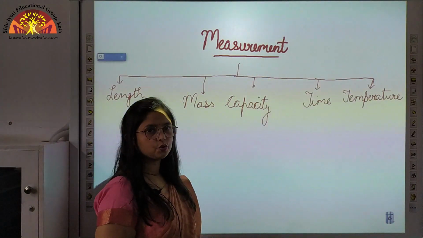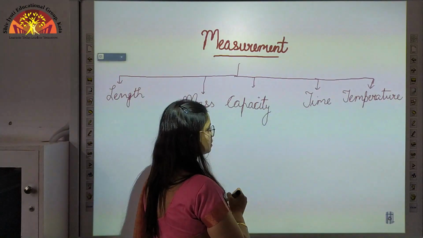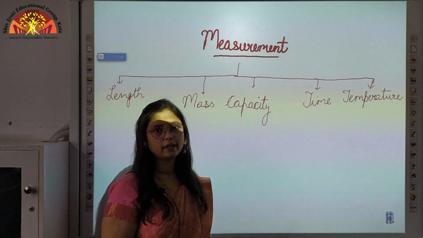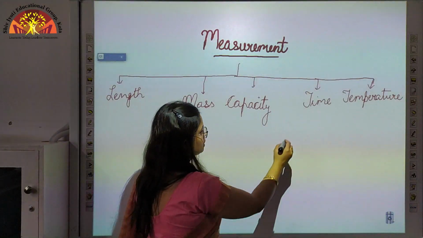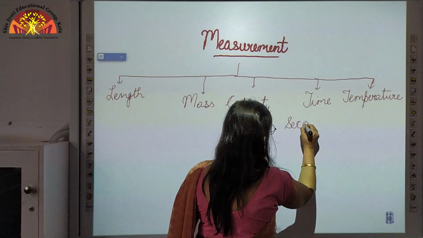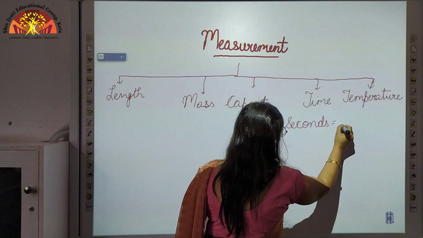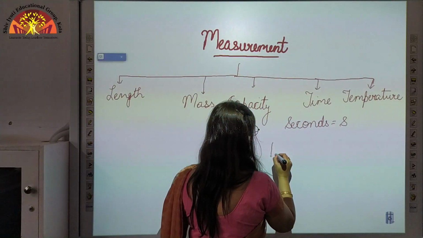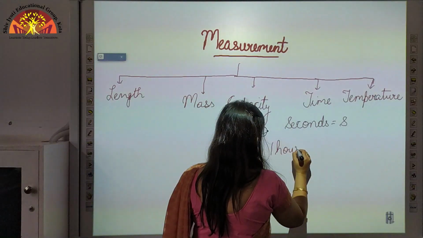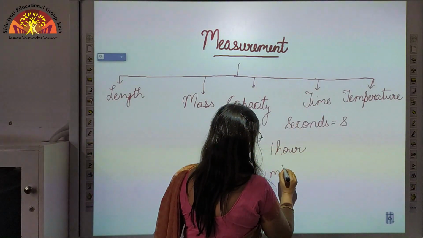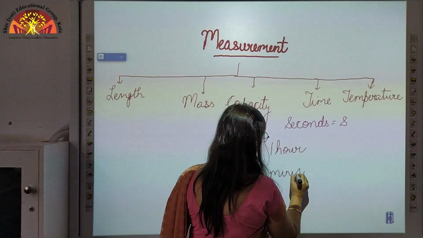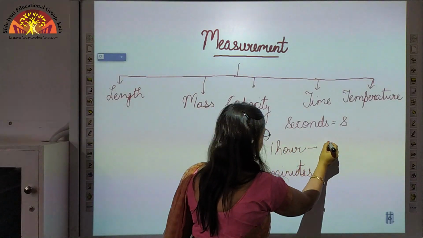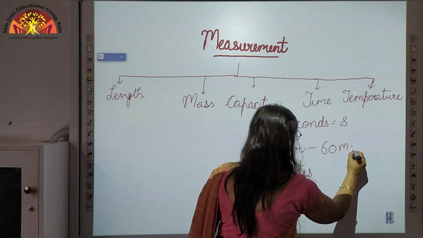So now let's come to the next quantity. The next quantity here is time. So children, time is used to know how long a work takes. The standard unit for measuring time here is seconds, and seconds are written as small s. Now there are some more units for measuring time. These are hour and minutes. So here 1 hour is equal to 60 minutes,